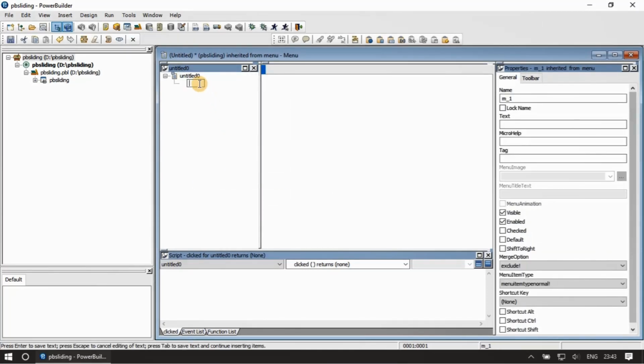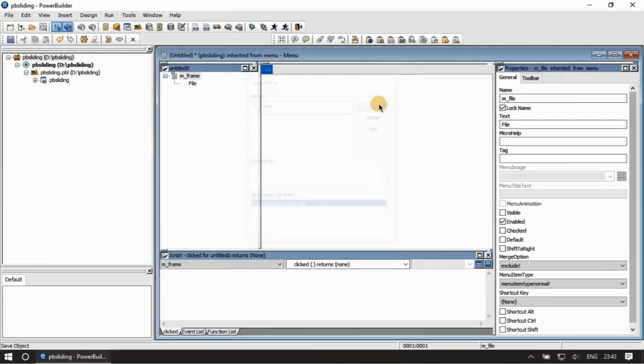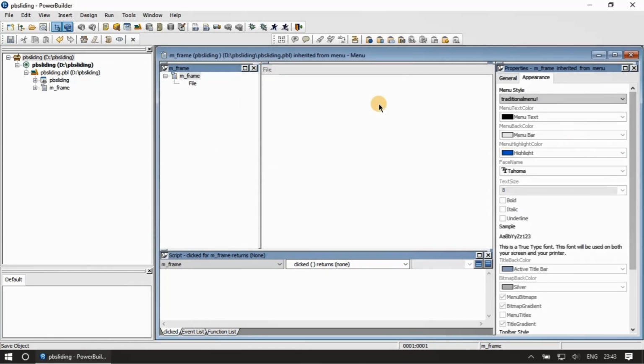We type it File. We create the menu as mandatory for the MDI window, but we don't want it visible, so we uncheck the visible property and we save it with the name m_frame. Okay, we can close this